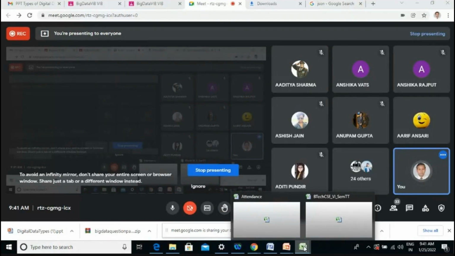Whether you are using WhatsApp, Telegram, or Instagram, a lot of data is being generated on a daily basis, and it is very difficult to manage that with structured data using an RDBMS or some software. So it is not possible. Clear?